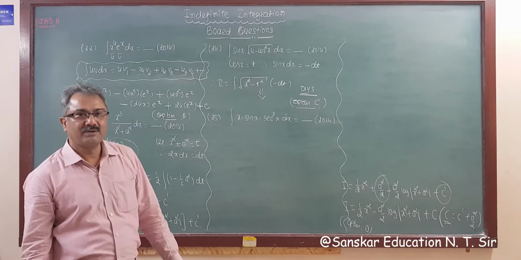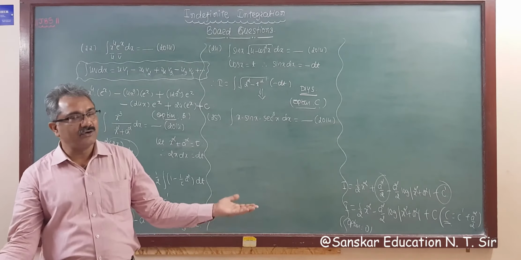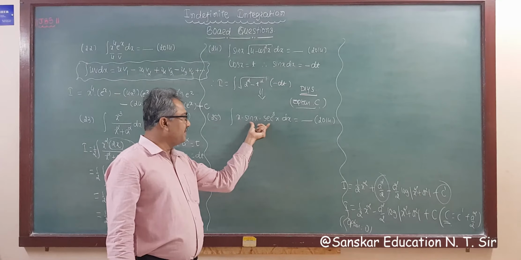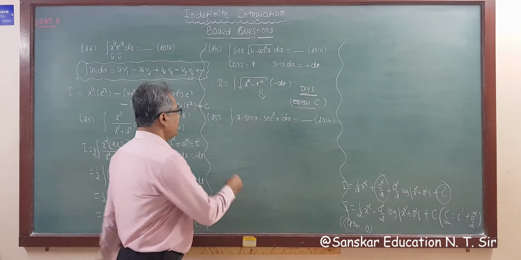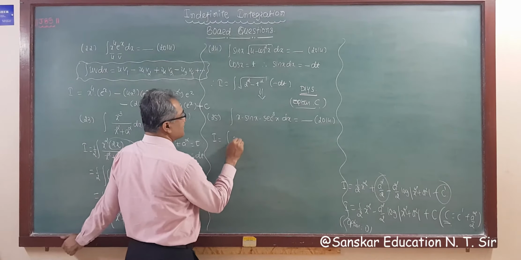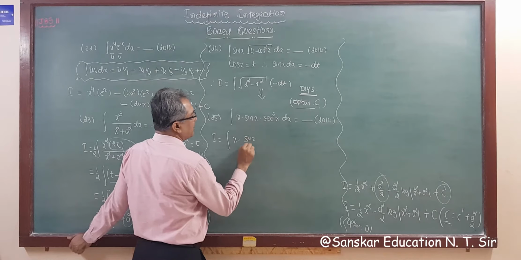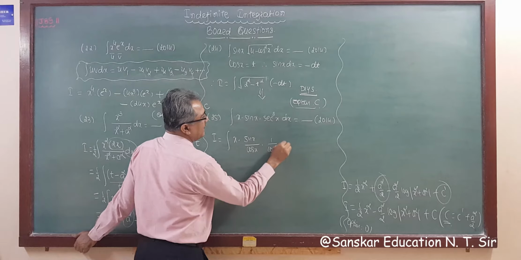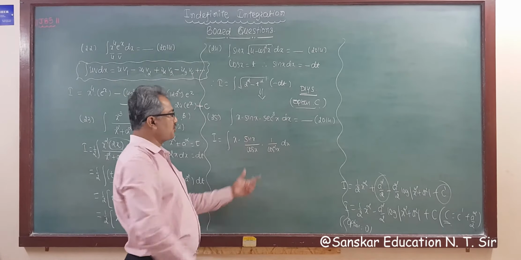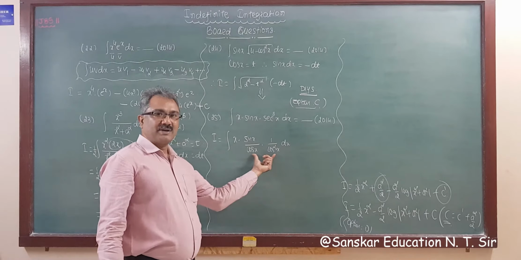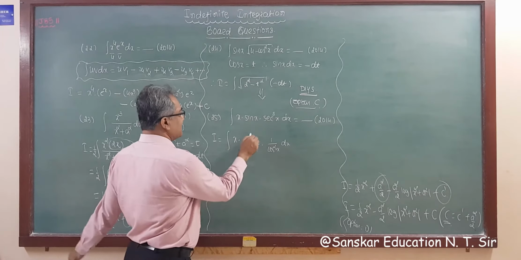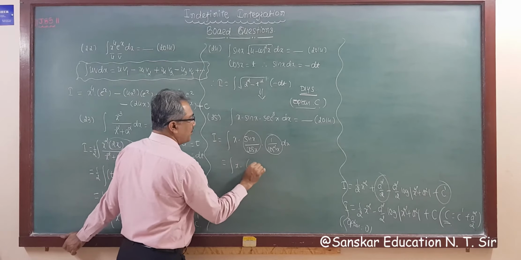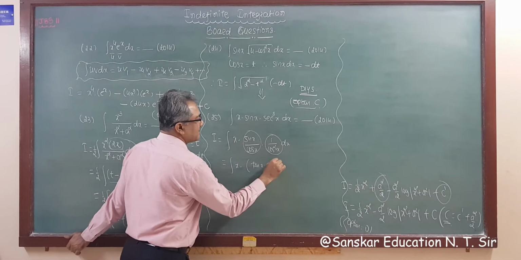Now integration by parts you have to apply, but three functions are given. So before starting to integrate, we simplify this. So what we get, I is equal to integration x sin x sec cube, that is cos x, into 1 upon cos square x. I am splitting this sec cube, that is cos cube, as cos x into cos square x. So now this is tan x and this is sec square x. So I is equal to integration of x into tan x into sec square x dx.